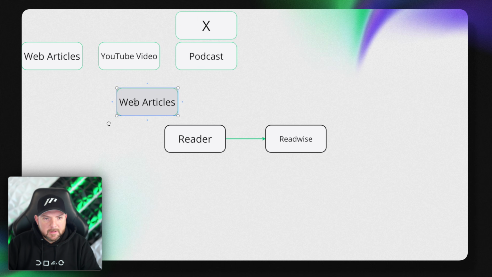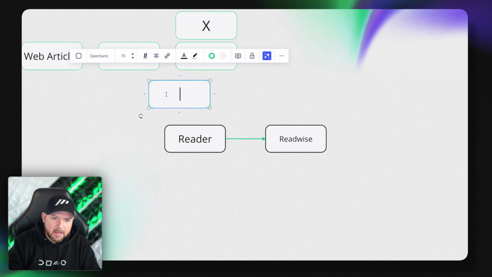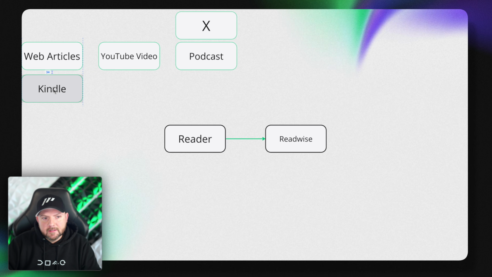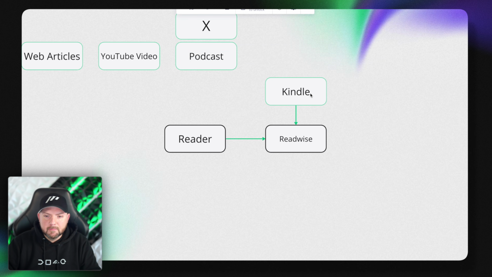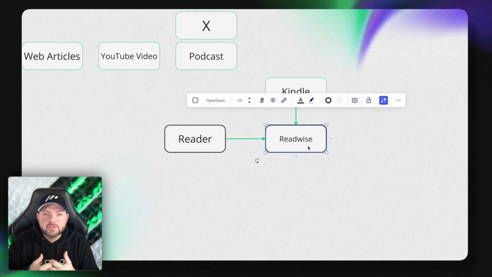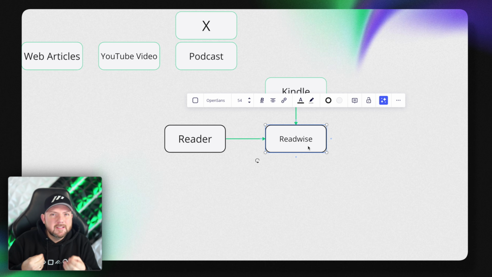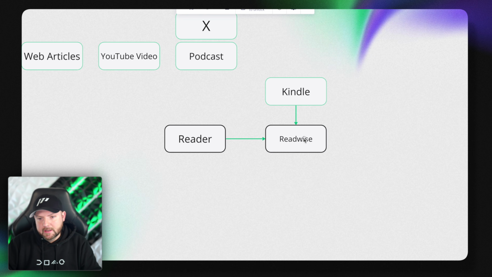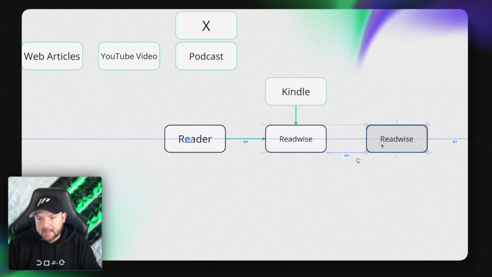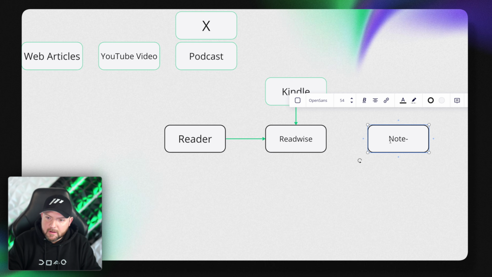Something I missed here, and let's quickly do this, is obviously Kindle. That's one of the key things that so many people love about Readwise, that you can read your Kindle books and make highlights, and these highlights from your Kindle books will be synchronized to Readwise. So I have a book that I'm reading, I make a highlight, this highlight goes into Readwise. The purpose behind this is that I can then leverage spaced repetition. So I can go into Readwise or use one of the widgets to keep seeing these highlights over and over again. Or, and that's one of the superpowers of Readwise, I can synchronize this then to my beloved note-taking app,